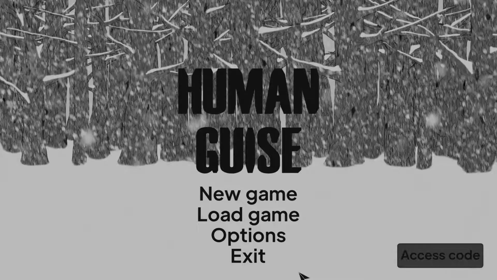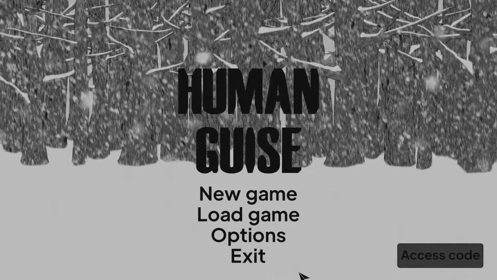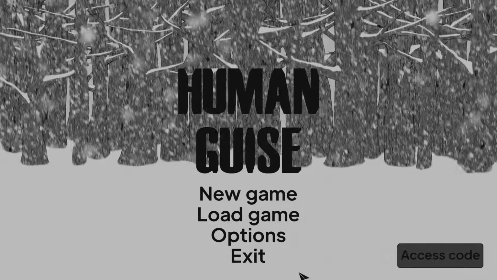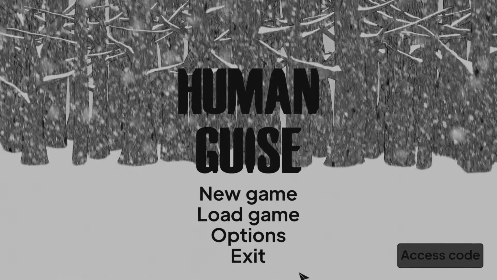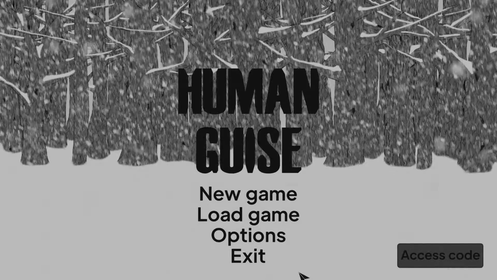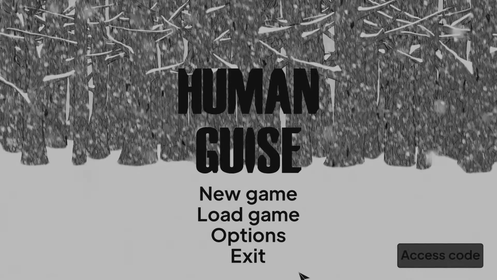Today we're looking at Human Guise, which is a point and click adventure that tells the story of two FBI detectives. It delves into the past, it's got a very eerie soundtrack, and it looks pretty interesting. I haven't got too far into it because it seems very